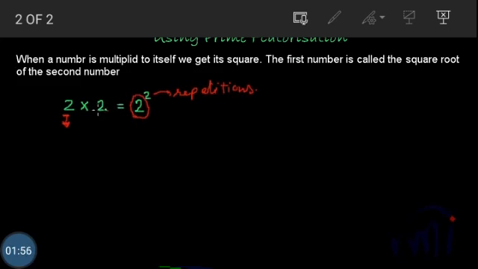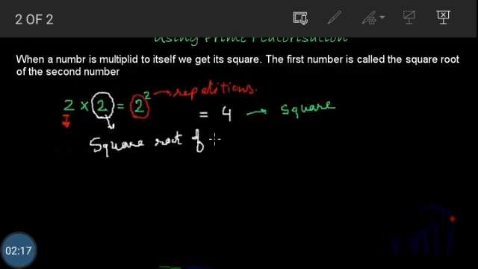So the square of 2 is actually 2 multiplied by 2, and that is written as 2 to the power 2. And the value of 2 to the power 2, or the square of 2, will be 2 2s are 4, right? So this is called the square of 2, and 2 is called the square root of 4, right? Square root is represented by this sign, this is called root or square root. And if I write a number below this, this is called the square root of 4, and the value of this will be 2, right? So 4 is the square of 2 and 2 is the square root of 4.